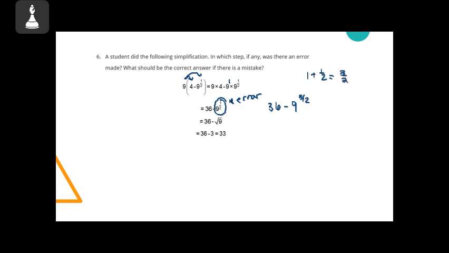So there's the error. If we fix this though, they want us to find the actual correct answer. Let's see, 36 minus 9, square root of 9, and we want to cube that. So I'm going to square root first because the square root of 9 is 3. So 36 minus 3 to the third. 3 to the third is 27. So 36 minus 27 is going to give us an answer of